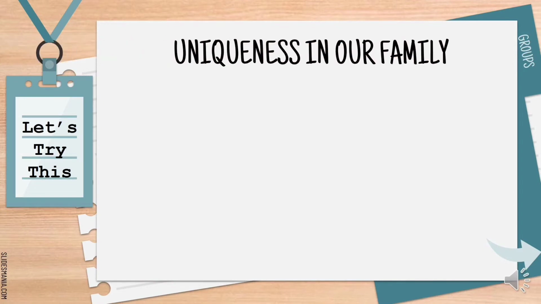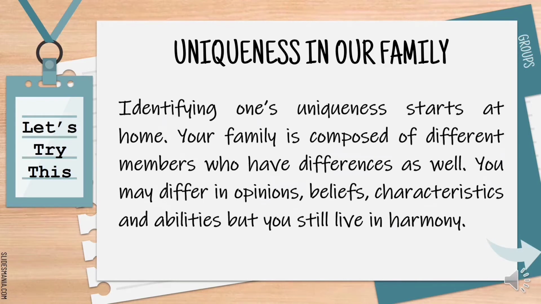The title of this activity is Uniqueness in Our Family, and the suggested time allotment is 15 minutes. We all know that identifying one's uniqueness starts at home. Your family is composed of different members who have differences as well. You may differ in opinions, beliefs, characteristics, and abilities, but you still live in harmony. Okay, class, for this activity: